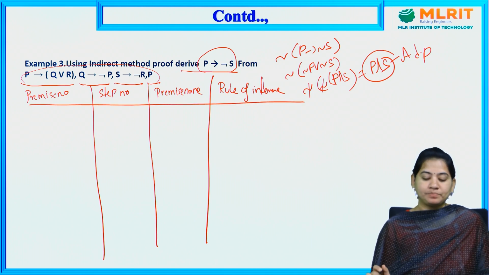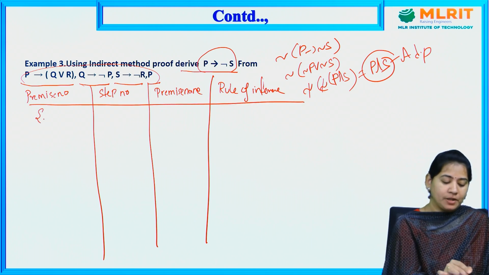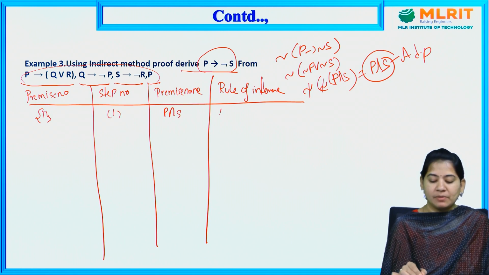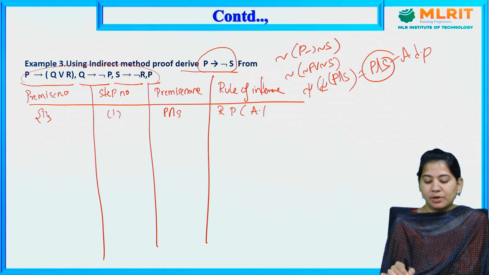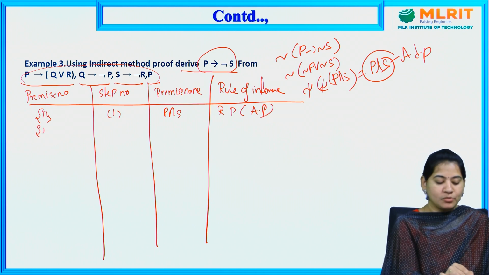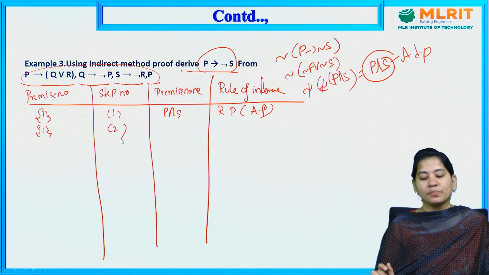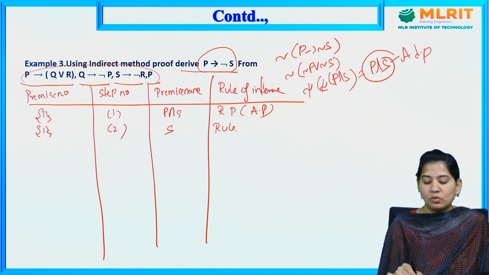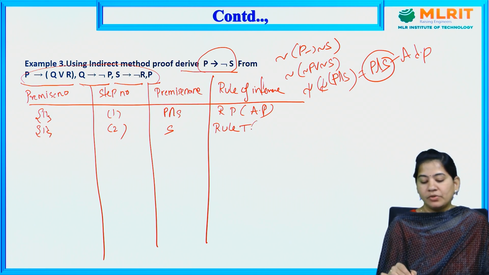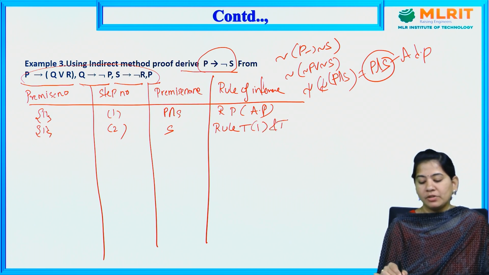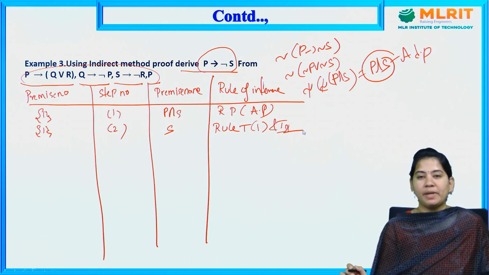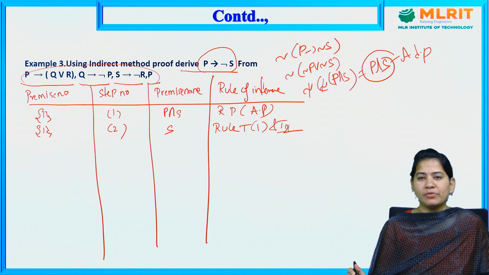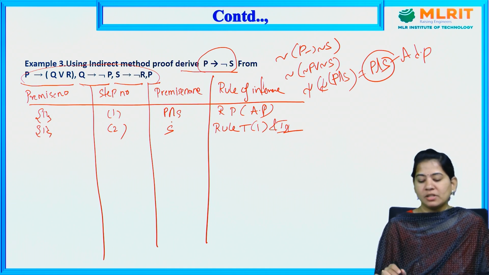So here, if you apply P and S, for example, premise number is 1, step number is 1, P and S. I have taken an additional premise, rule P and additional premise. Next, premise number is 1, step number is 2, and P and S, I can write it as S. This is called rule T, and which is the step 1, and which is called here I2. P and Q is Q, P and Q use P by applying the I1 formula. So here I have taken S, which is nothing but the I2 formula.